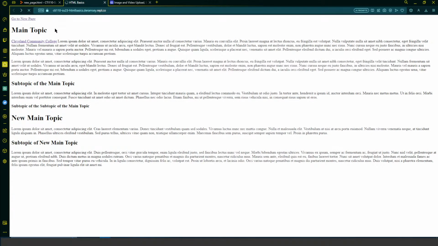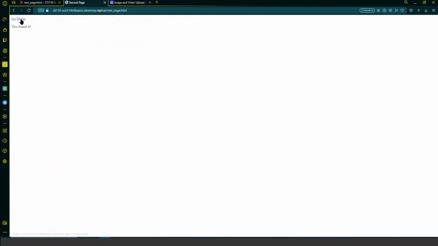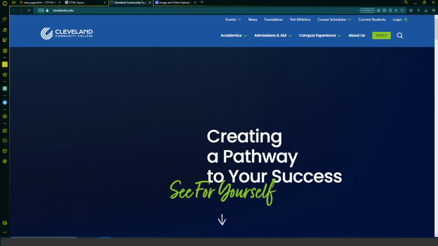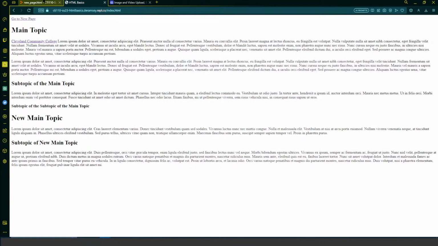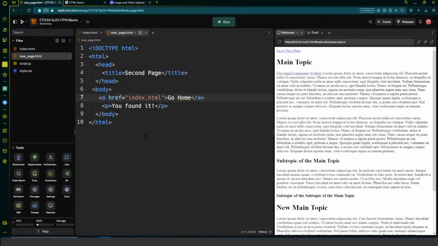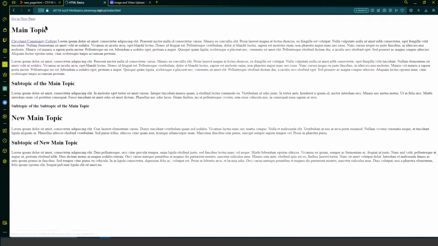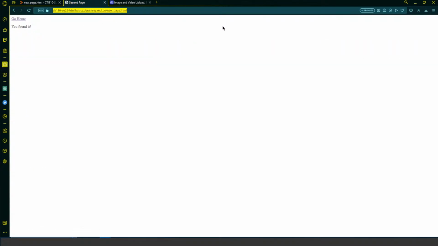Right, so now on our site, we can go to the new page, and we can go back home, and we can switch back between them. We can also go to Cleveland Community College and have that open in a new window. Pretty fancy. Now, if you go to a regular page here, one of the things that we notice is if we go to our new page, we're going to newpage.html. But if we go to clevelandcc.edu,